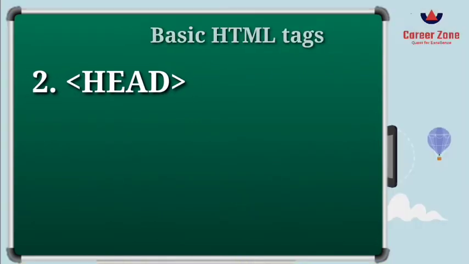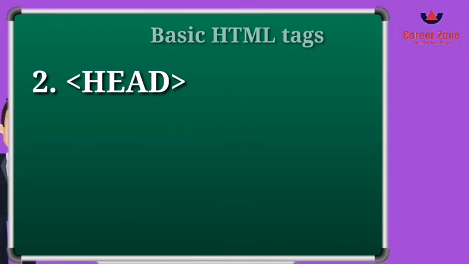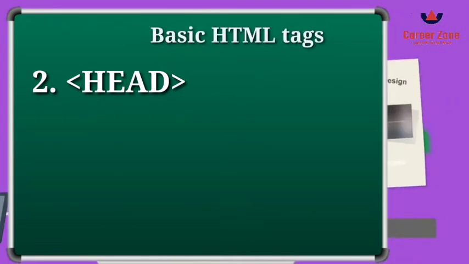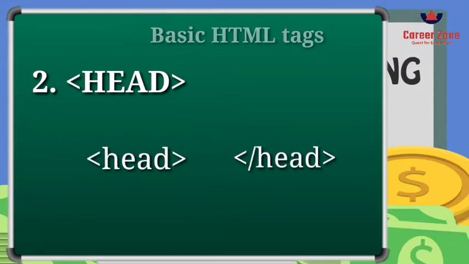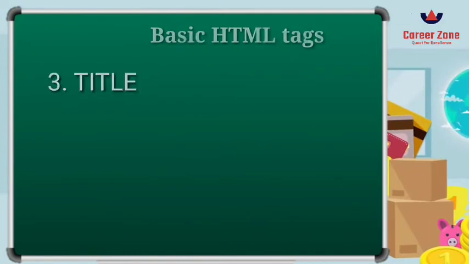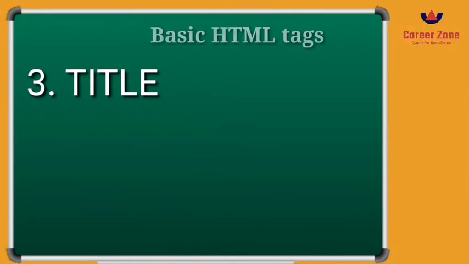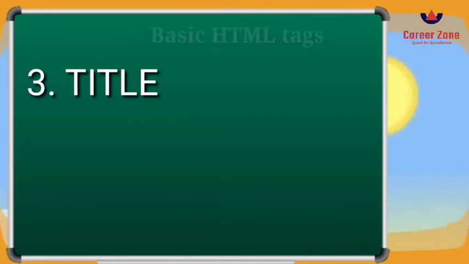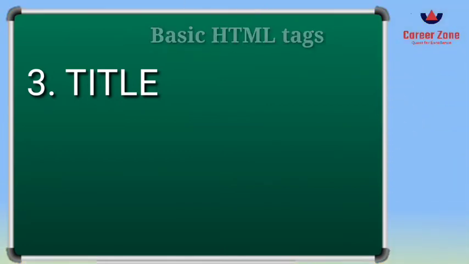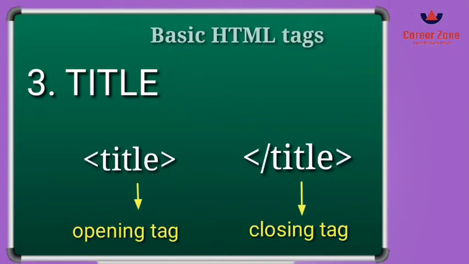Second one is the head tag. This tag is called the header of the web page. In this we can write the heading of the web page, which is displayed inside the web page at the top. It is also a container tag, which means that this tag also needs to be opened and closed both. The third tag is the title tag, which appears at the tab heading of the web page. It means on the title bar of the web page. It is also called a container tag and is required to be opened and closed both.